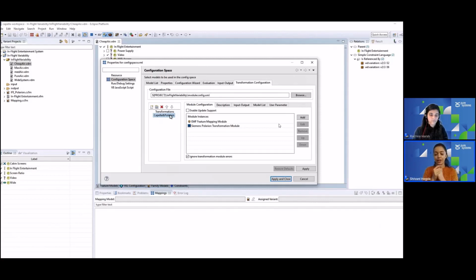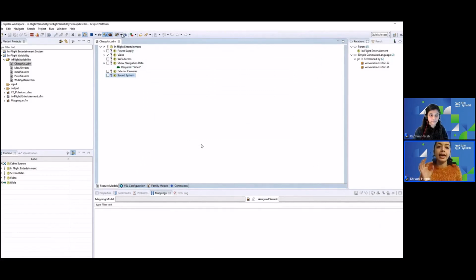Then we have the enumeration transformation or the tag transformation or also enum transformation. So these are all the same names for a particular transformation type. Here it's just going to tag that particular requirement with the name of the variant that it is a part of. So right now in our demonstration, we have chosen the tag transformation. Okay, so now we have added these module instances, done the configuration, and now we are